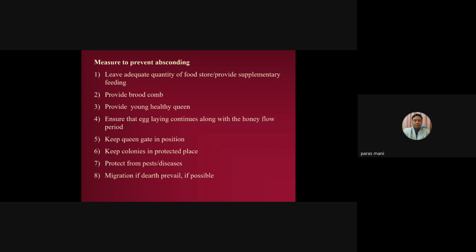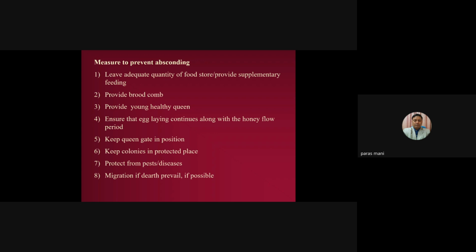Provide brood combs. Brood combs can be shifted from one colony to another colony. I told in an earlier condition, when the bee colony is very weak, you can unite that with another colony, or else you can introduce a brood comb into that colony. A brood comb of a very healthy colony can be transferred to the colonies which are weaker. With these brood combs, it doesn't make any difference. The worker bees don't differentiate the broods from another colony. They rear these brood cells, and the colony strength will be